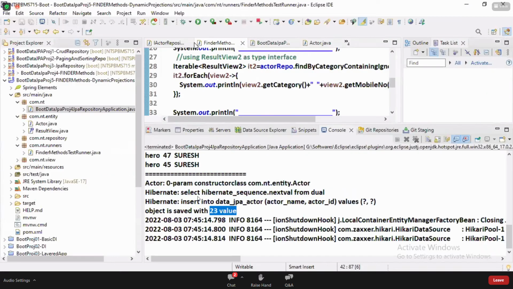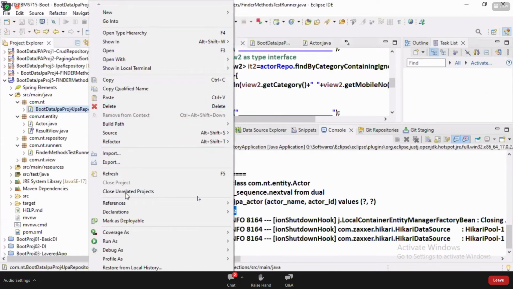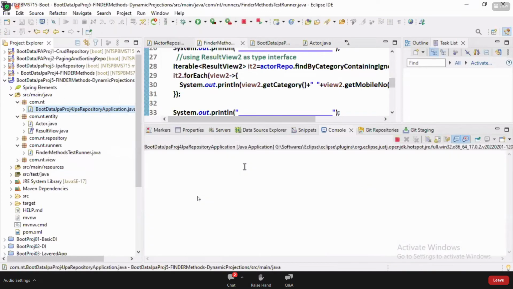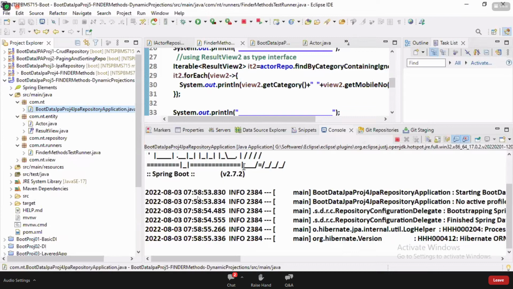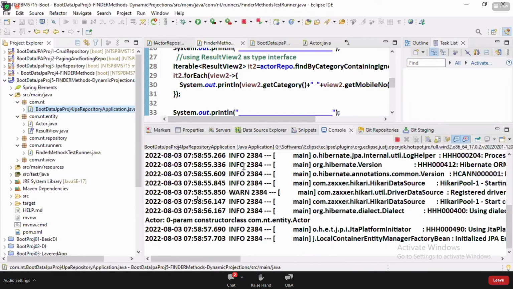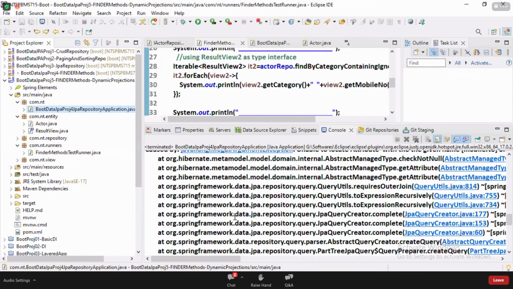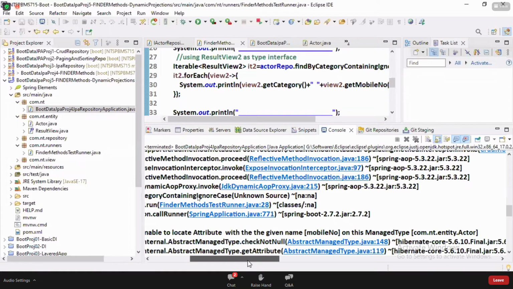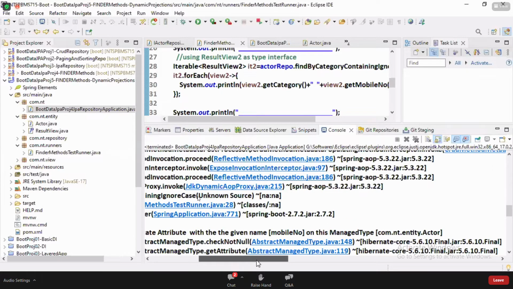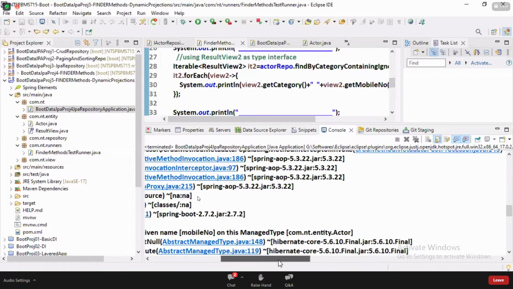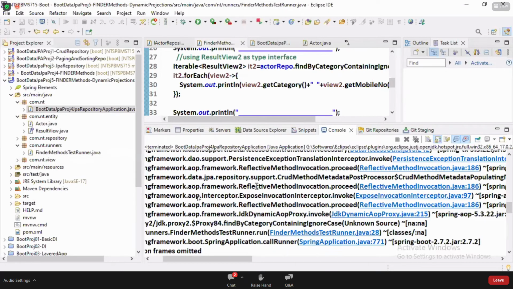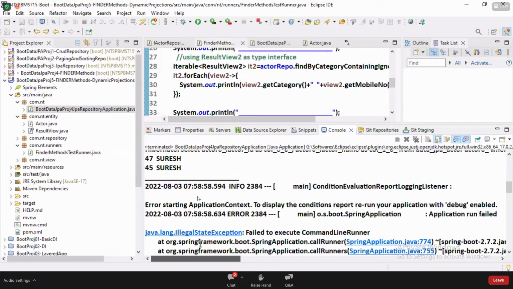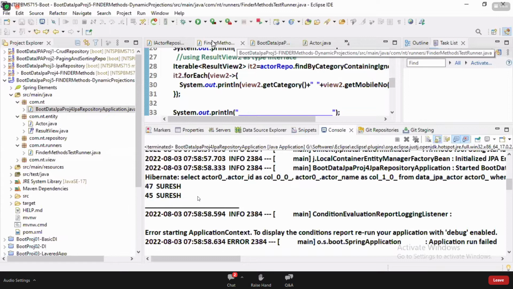Right click, run as Java application. Check it out. Oh, error. Why error? Unable to locate the attribute with the given name, mobile number, on this managed type. What's happening, guys?